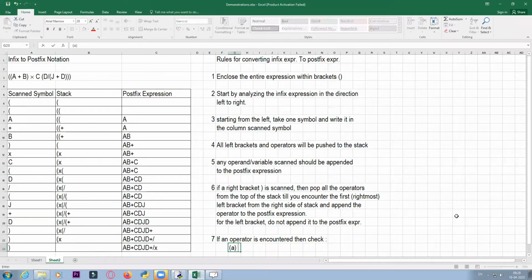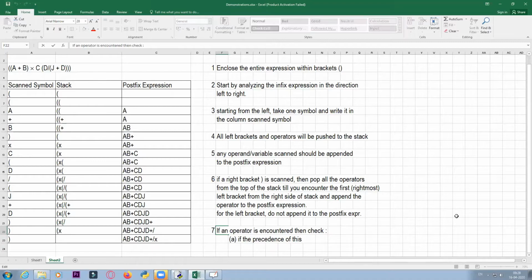Now what you have to check: if the precedence of the operator, I'll give a name to it, suppose I take the at the rate symbol as the operator, is less than or equal to the precedence of the operator hash, which is at the top of the stack right now, then